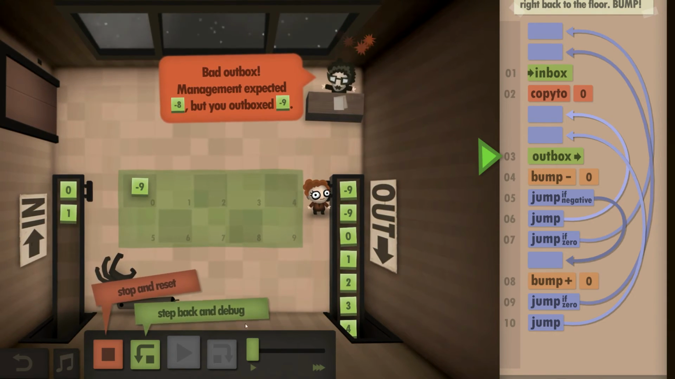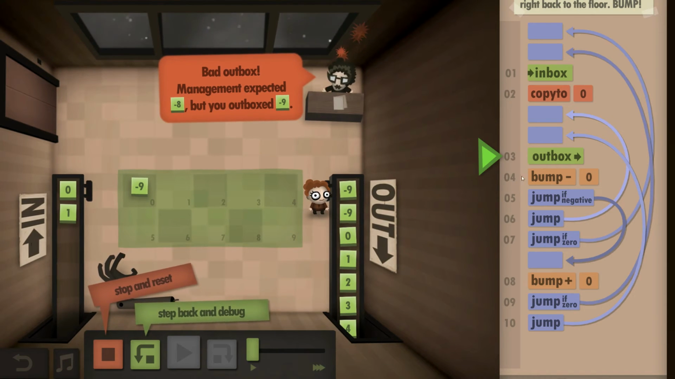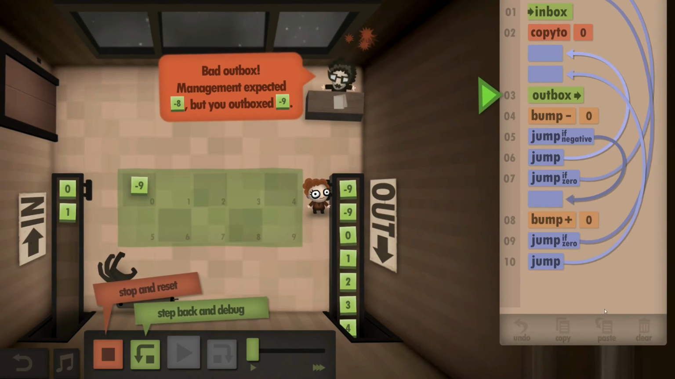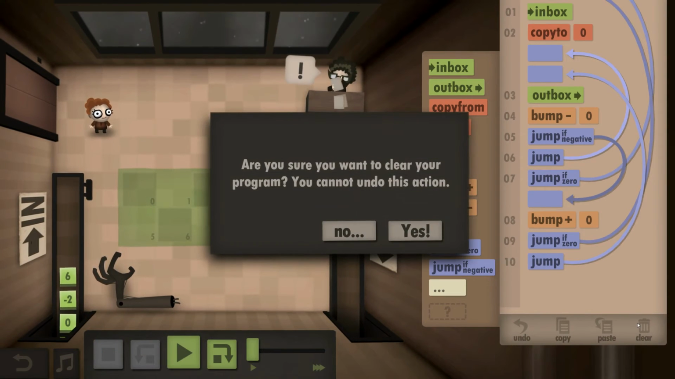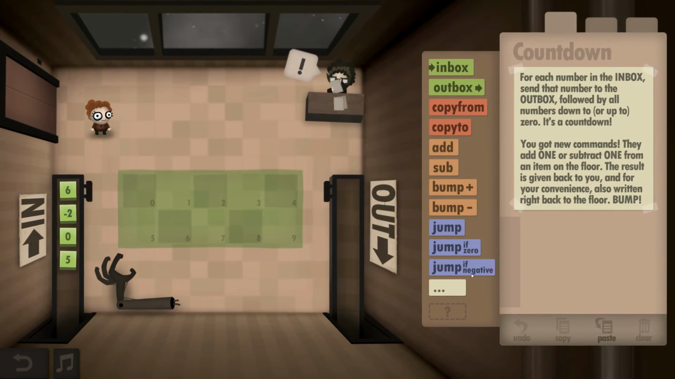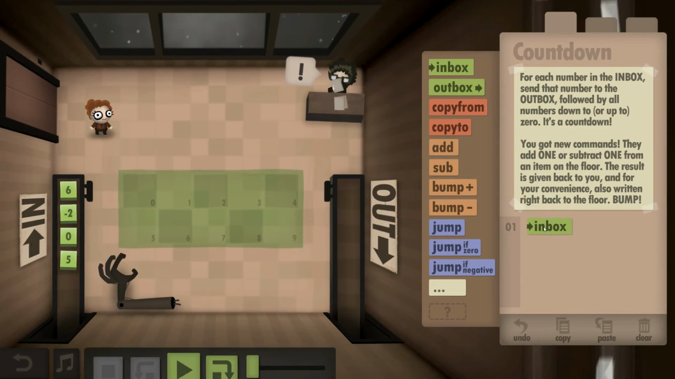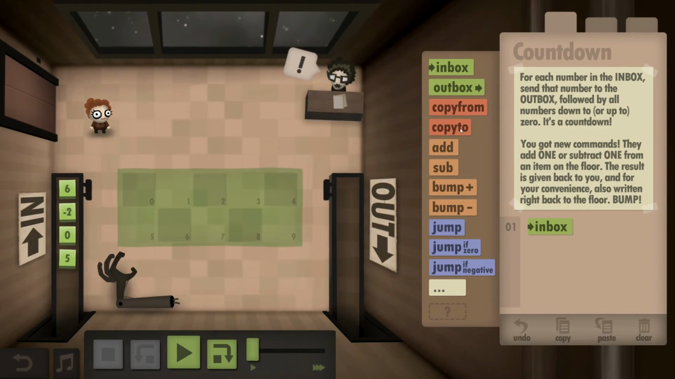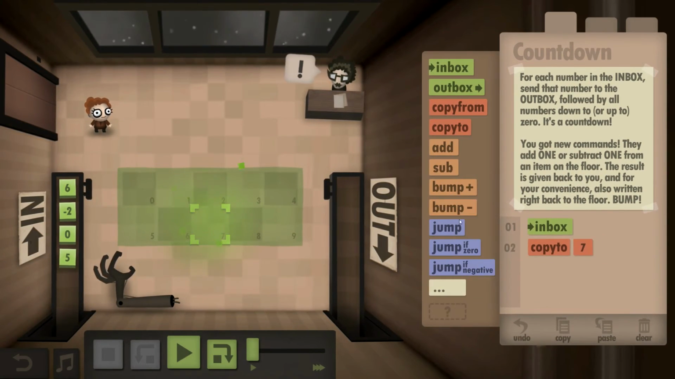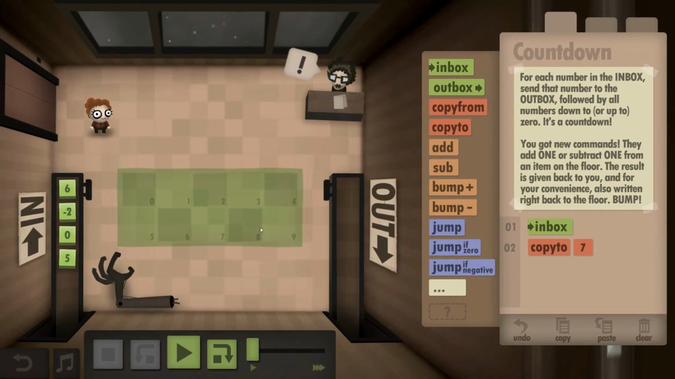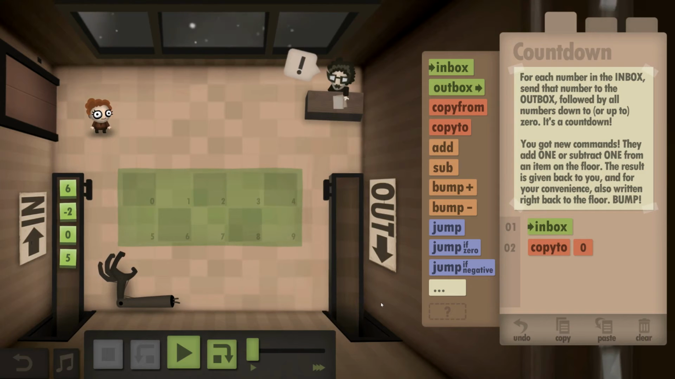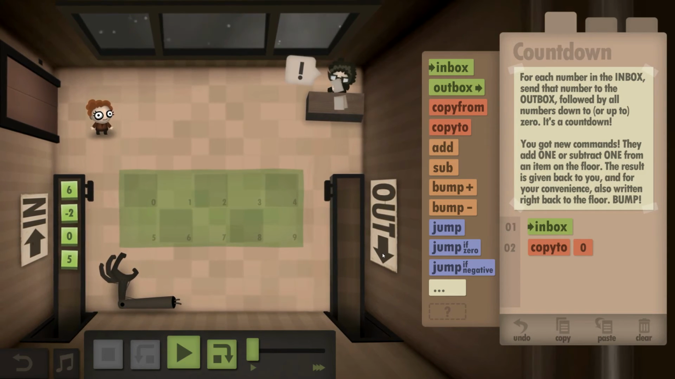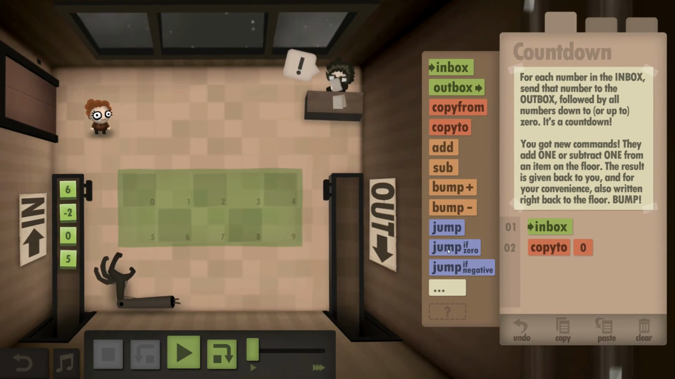Okay, I've totally got to start this again. I just know that I've screwed up some very basic bits. Stop. Yes. Okay. We get our item from the inbox. We copy it to here. We copy it to 0. I just want it to be 0. I always want it to be 0. Okay. Then, if this number is negative,